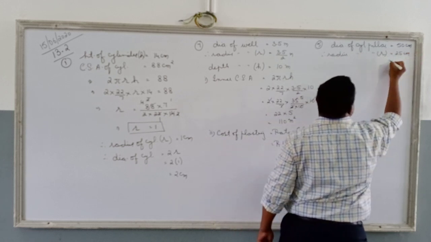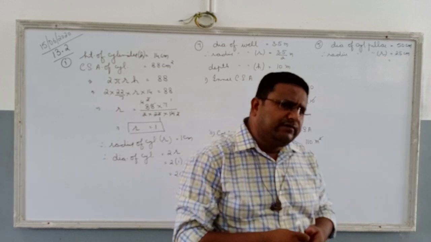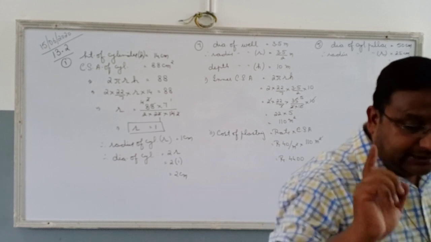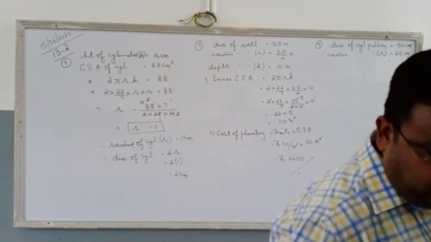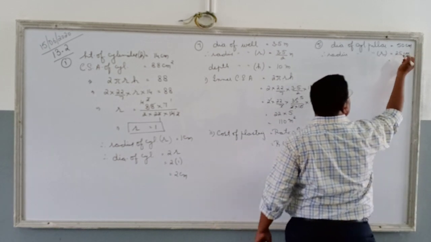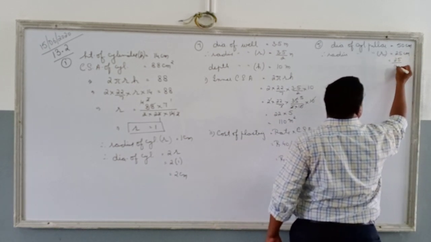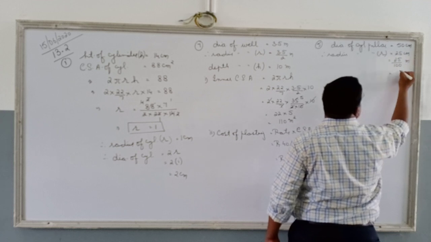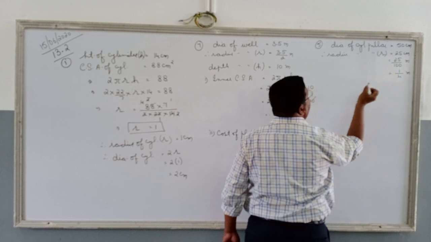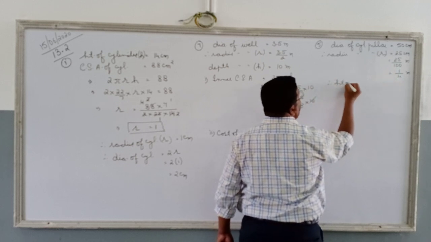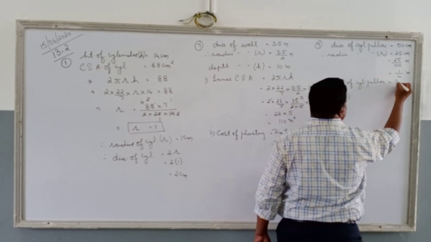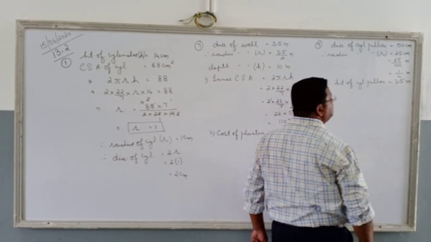If I convert it into meters, sir, why do you want to convert it into meters? Check the other dimensions. The height is in meter and the rate of cost is also given to you in meter square. The height is 3.5 meters. So let's convert this into meter. 25 upon 100 meters. So that is 1 by 4 meter. I suppose everyone knows, 25 ones are 25, 25 fours are 100. And height of cylindrical pillar is equal to 3.5 meters. This is all given to us.